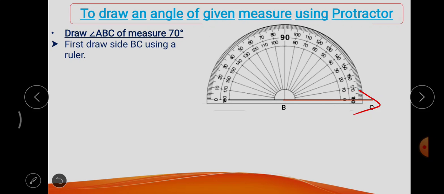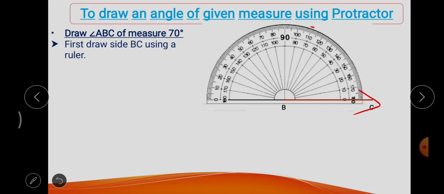I heard you right, you are saying it's the lower set of angles because the zero starts from here. So where is my 70 degrees? Now hold the protractor tightly, take the pencil in your right hand and put a dot at 70 degrees. Now I can see that 70 is over here, so I will put a dot